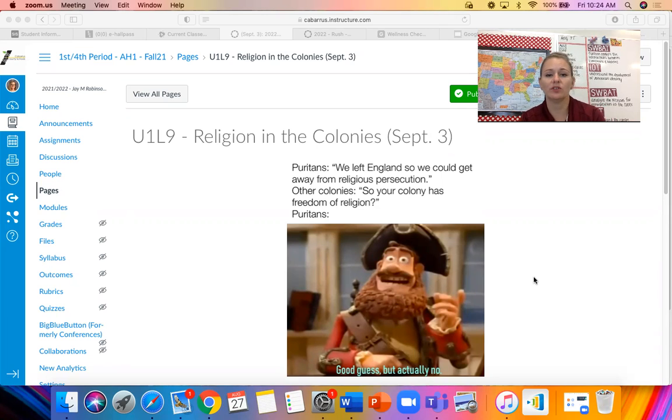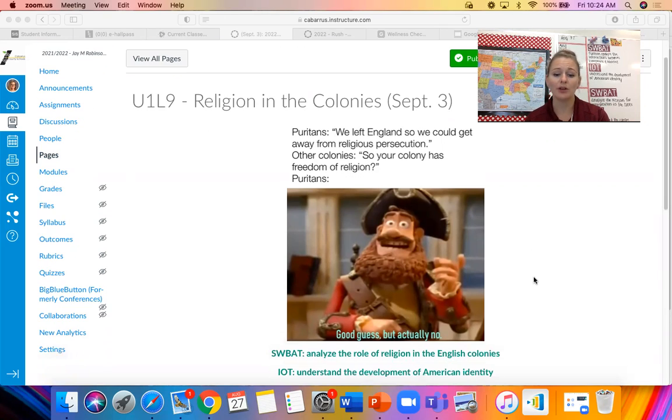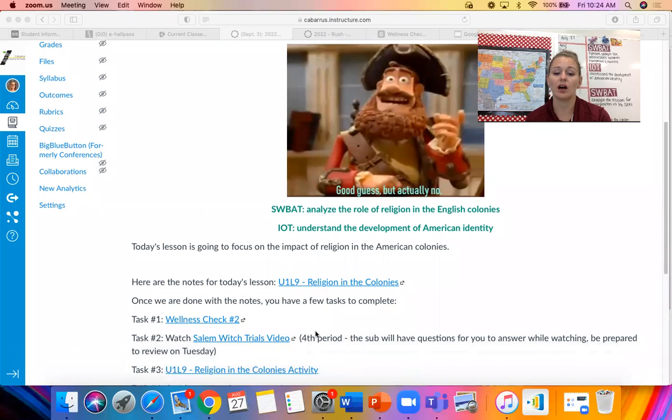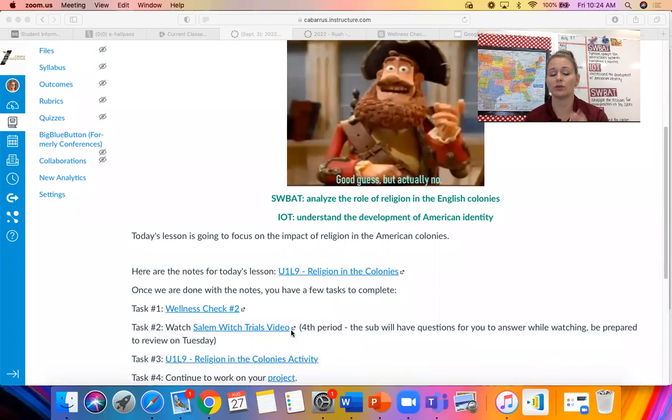So today you're going to be focusing on learning about the importance of religion in the different colonies. I'm going to go over with you a very quick set of notes. You don't have to write these notes down or anything like that. We're just going to go over it together. After we're done going through the notes, sorry,